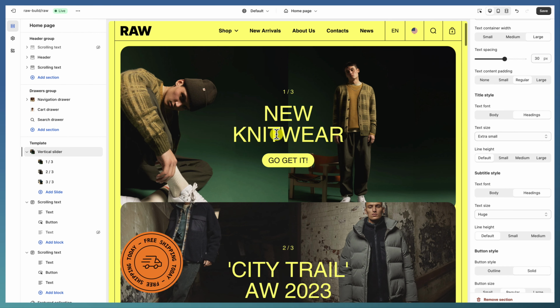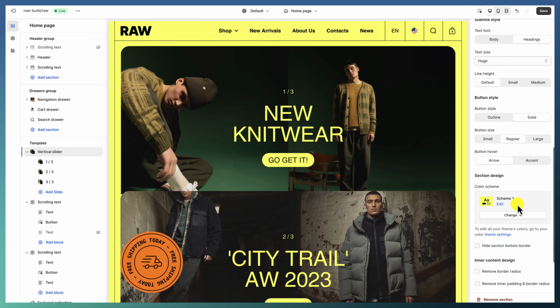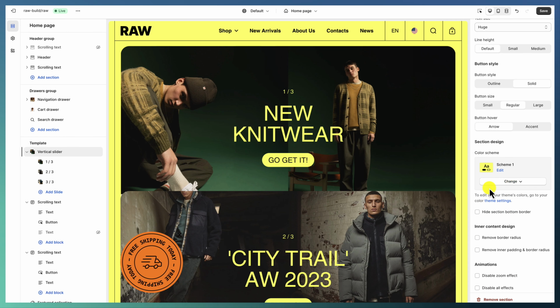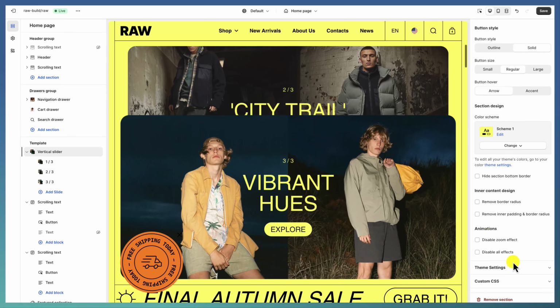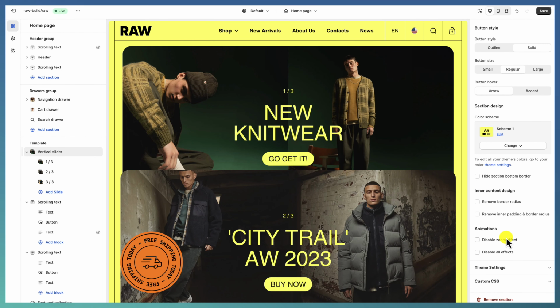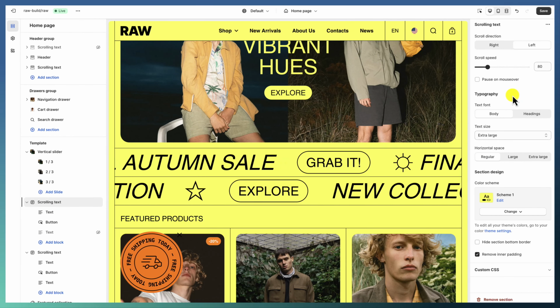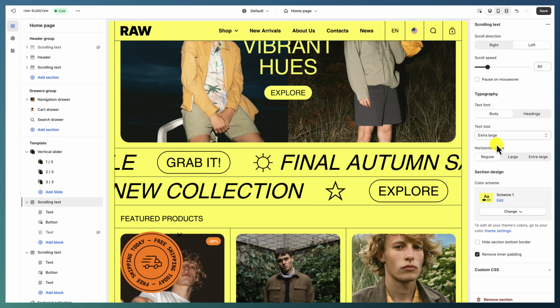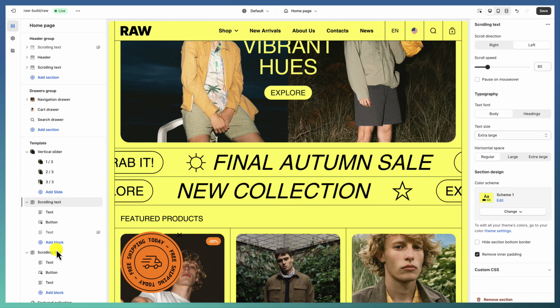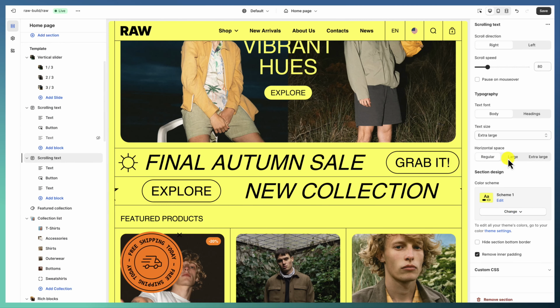So title and subtitle are just two names for the settings here, but you can actually use them as you want. So the section design, which we are setting here, refers to whatever is beneath the actual slides, and we don't have any animations in the slider. Going further, we have two scrolling texts with extra large text size, different scrolling directions, as you can see,